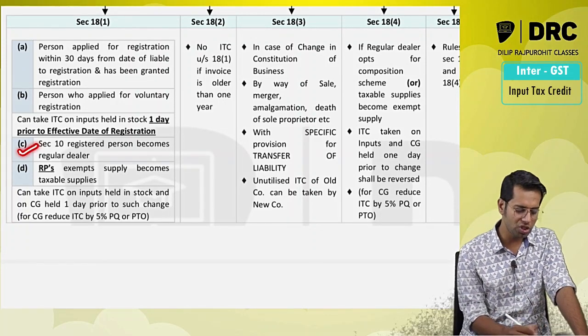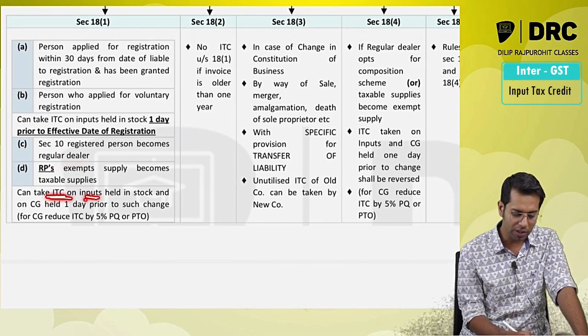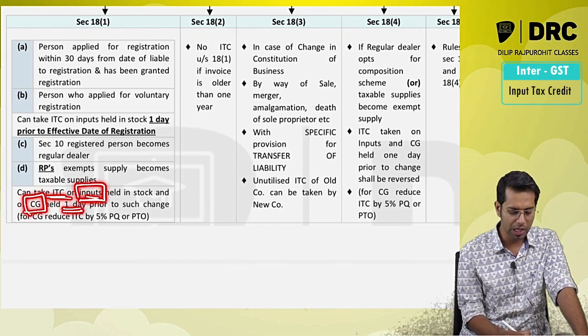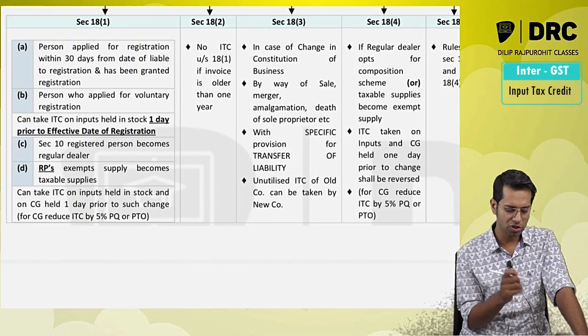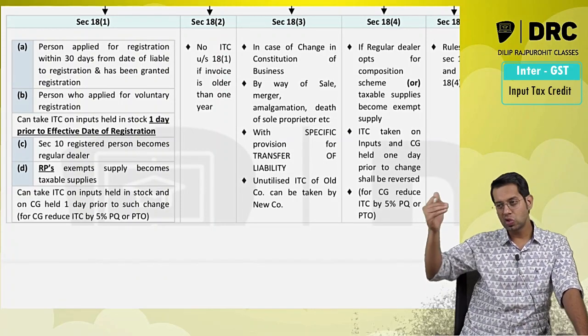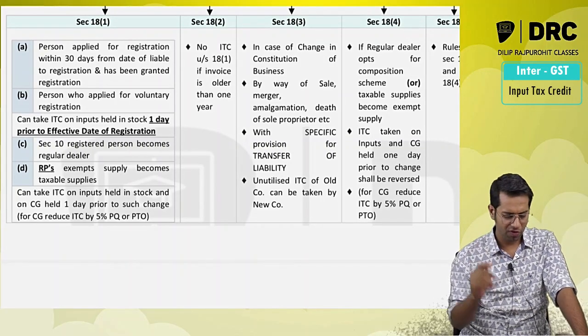If you are a composition dealer becoming a regular dealer, you will be allowed to take input tax credit not only on inputs but also on capital goods. You will be allowed to take input tax credit on inputs as well as capital goods held 1 day prior to the date of conversion from composition scheme to regular scheme. On capital goods, you should reduce the ITC by 5% per quarter from the date of purchase till the date